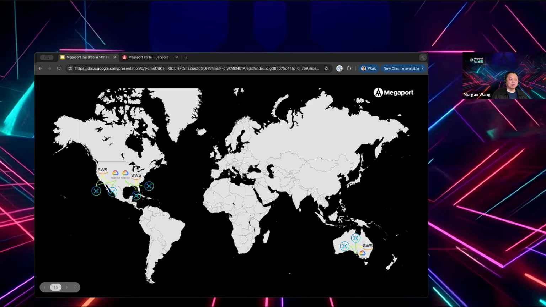So they have two choices, right? One is they build a similar thing in Google as well. So they have two backbones, one from AWS, one from Google. Another option is that they can consolidate that into a single set of long haul transmission, potentially can reduce the cost of oversubscribed international bandwidth.